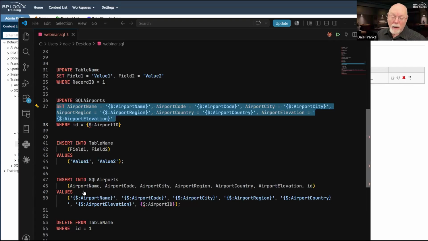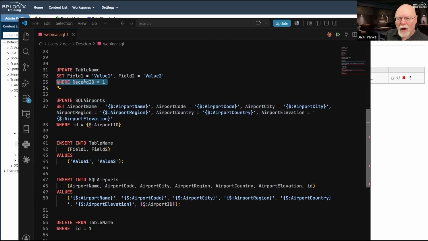Except that we're not going to update all of them. We're only going to update 6 of the 7. And the reason is this third clause here, where record ID equals 1 or 10 or 493 or whatever your record ID happens to be in your table.